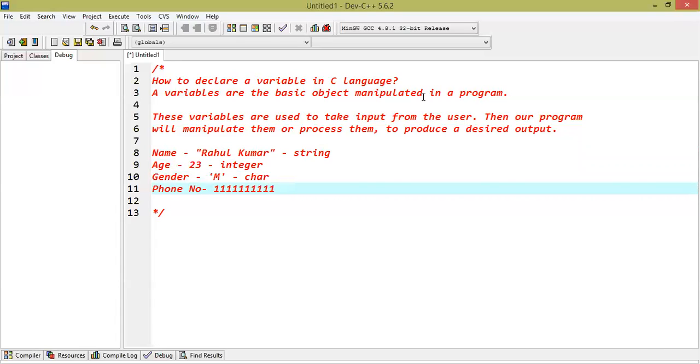And then if I look at the mobile number and compare with age, age is also a decimal value and phone number is also a decimal value. But if we look at the range of these two values, the phone number range is a little bit larger in comparison with the age. It takes 10 digits. In the normal case, age takes 2 digits, at maximum 3 digits sometimes maybe. So for that also, C programming has defined a data type integer, but in that case, we are going to use long integer. Means needs more memory.